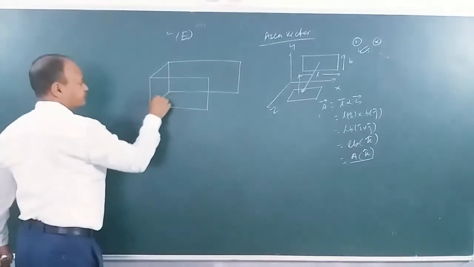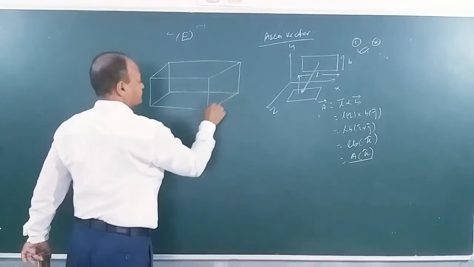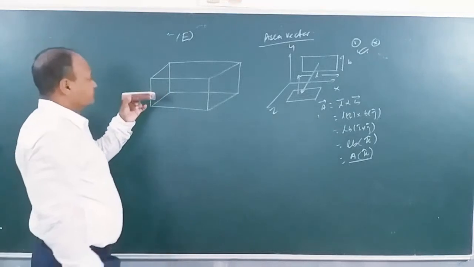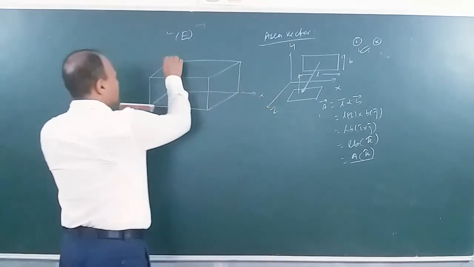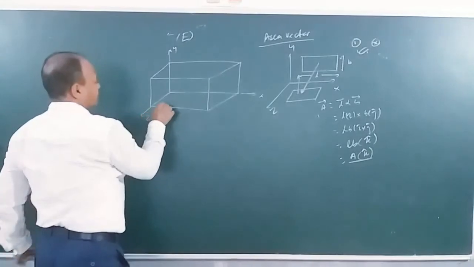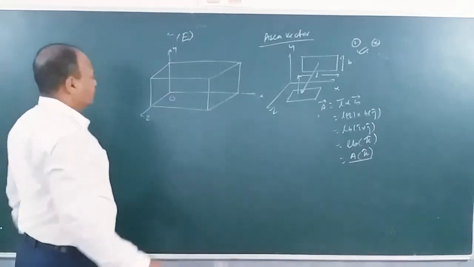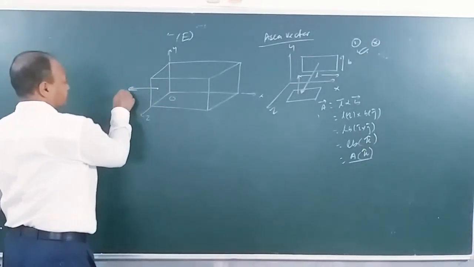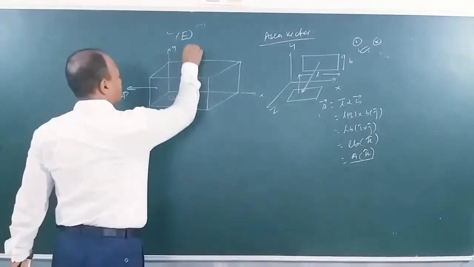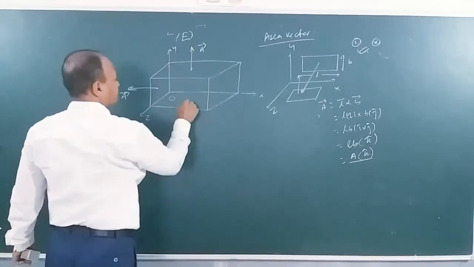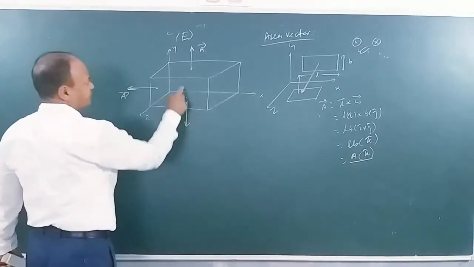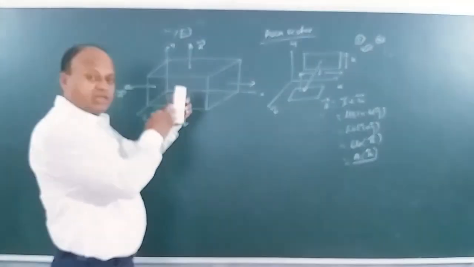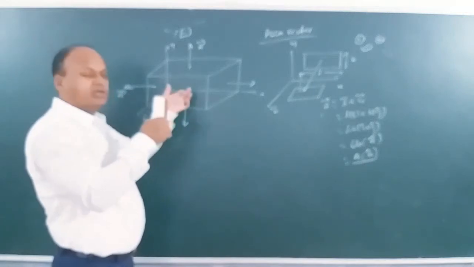Let's answer. I can easily demonstrate it like this. It's basically the same thing. So this is the x-axis, this is along the y-axis, this is along the z-axis, this being the origin. So the area vector for this surface area will be like this. This surface area will be upwards, and the opposite one will be downwards, in the opposite direction. This will be to my right. And there will be two more surfaces. One is this one, which will be towards the camera, and this will be into the board.